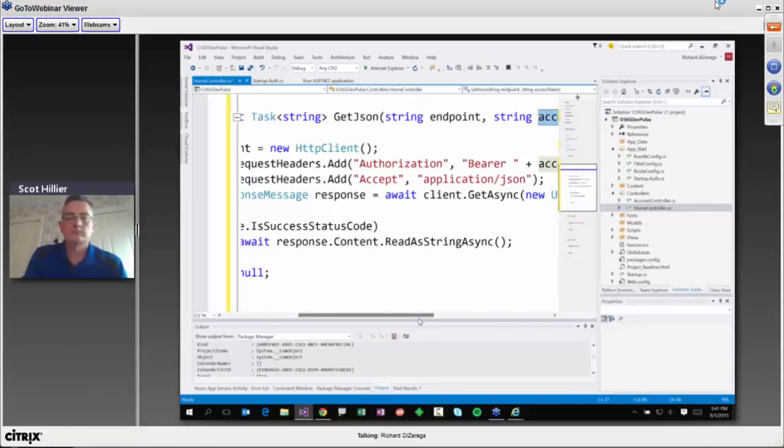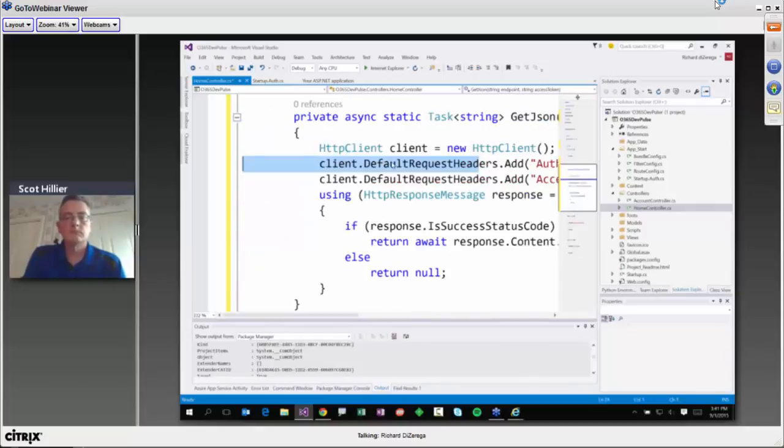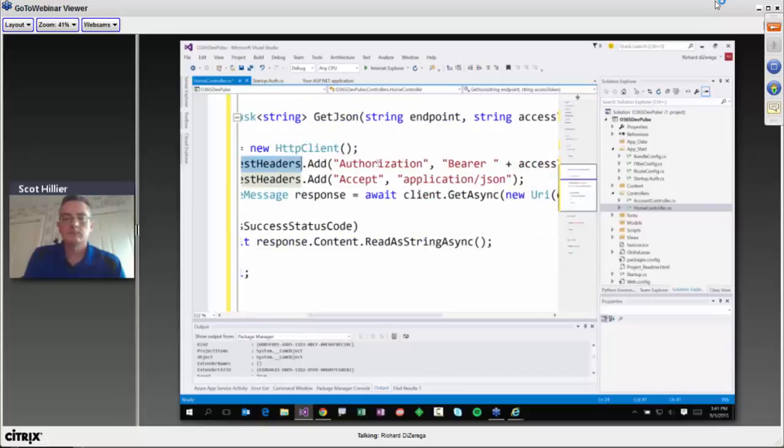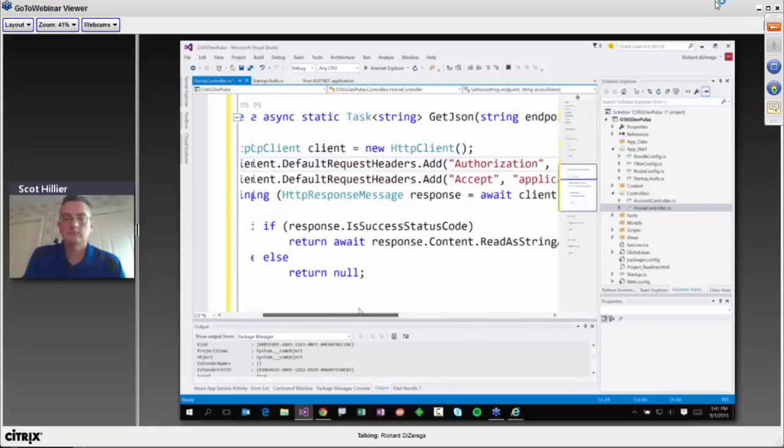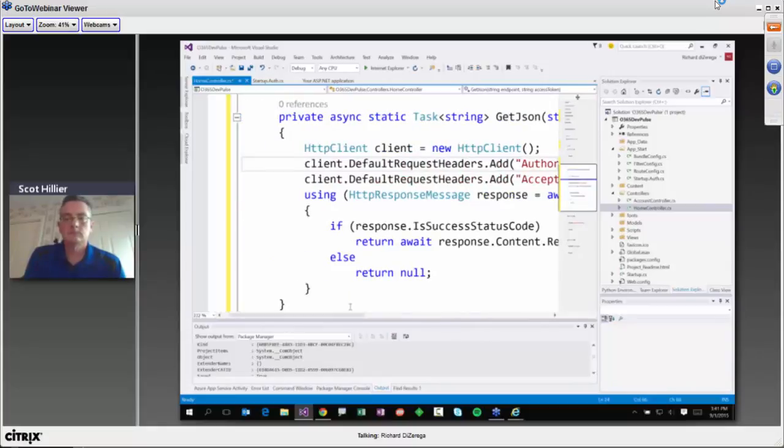Now, the key to making all of these calls is we need to provide something called an access token in all of our requests. So this is doing a normal GET against a REST endpoint, but we're going to have a special header here. You can see on my HTTP client, we're specifying what we call an authorization bearer token. So we're specifying an authorization header, and we're putting a token on every request. And that is really the key to getting data out of Office 365: we want to put this token on every single request we make to the unified API.